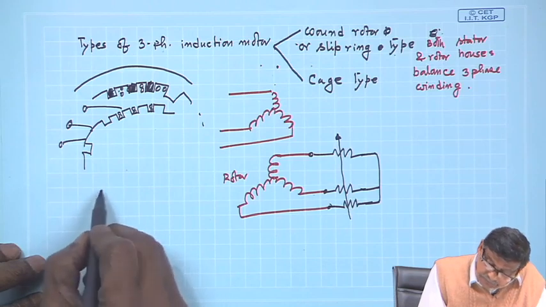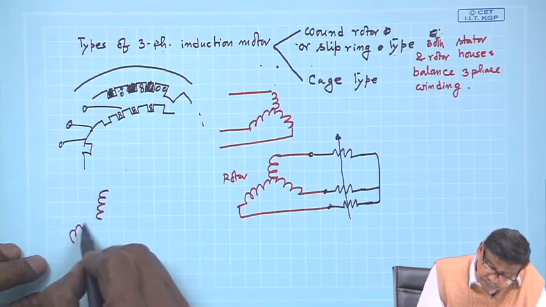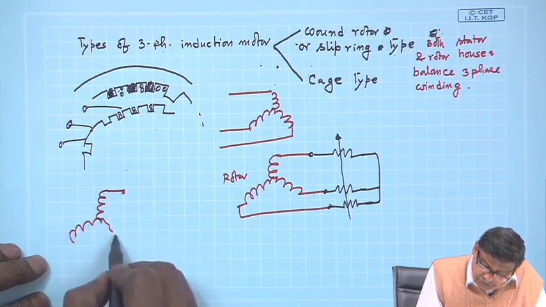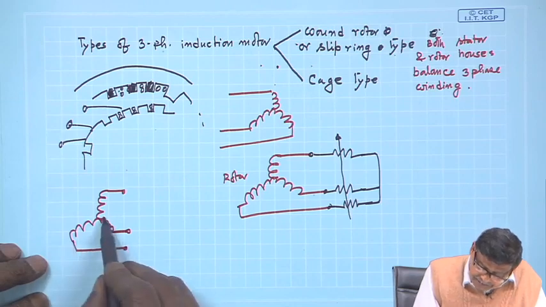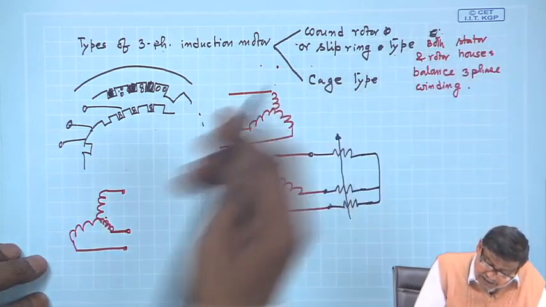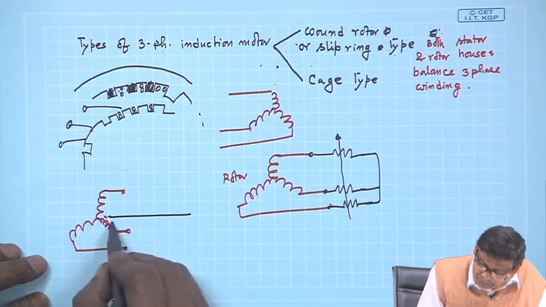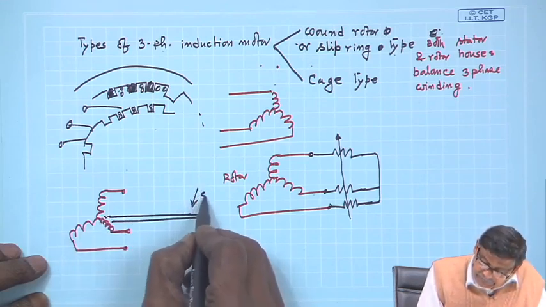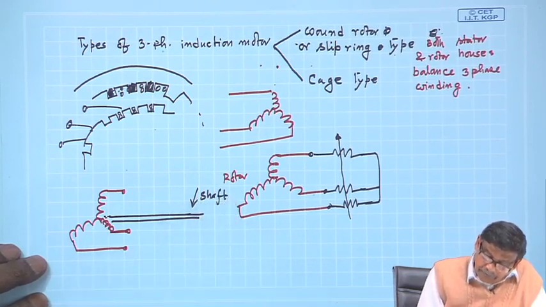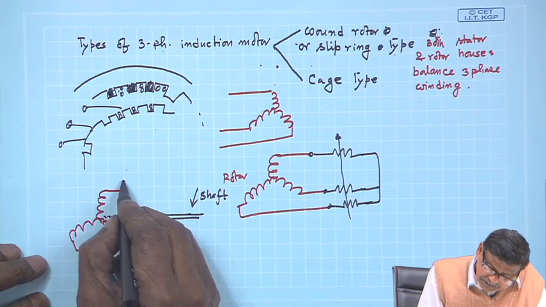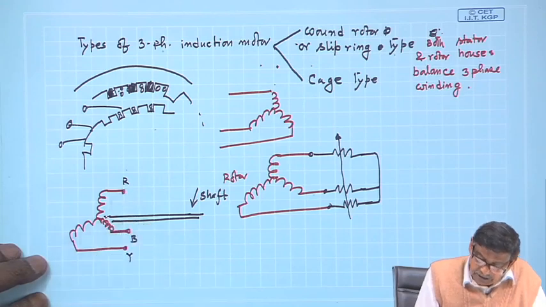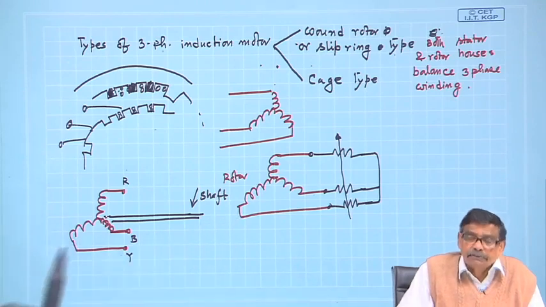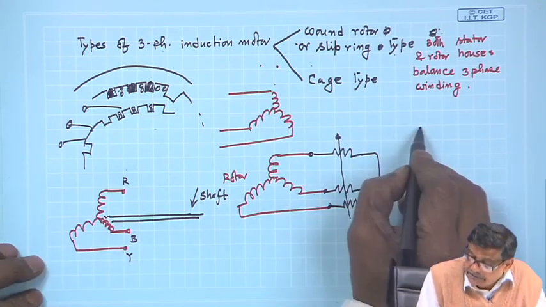Suppose this is the rotor and this structure will rotate. So, these terminals will also rotate, we know. This is a sketchy diagram, but you can get the feeling. Suppose this is the shaft of the motor. The idea is important. Now, what I will do, suppose this is R, this is Y, this is B, whatever it is, the rotor terminals. I will take 3 copper rings,